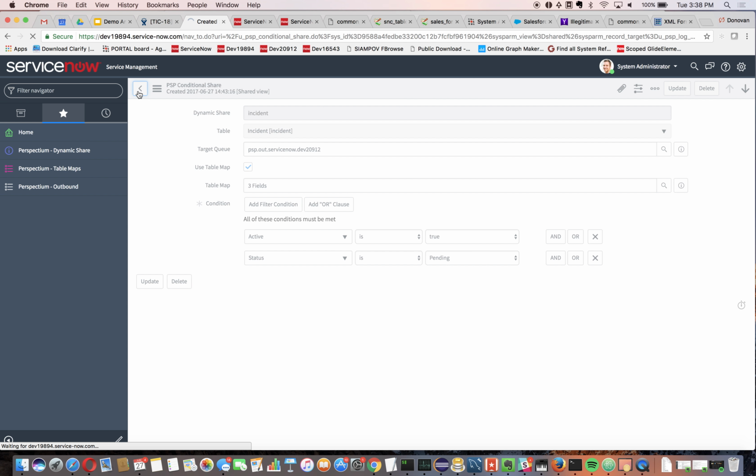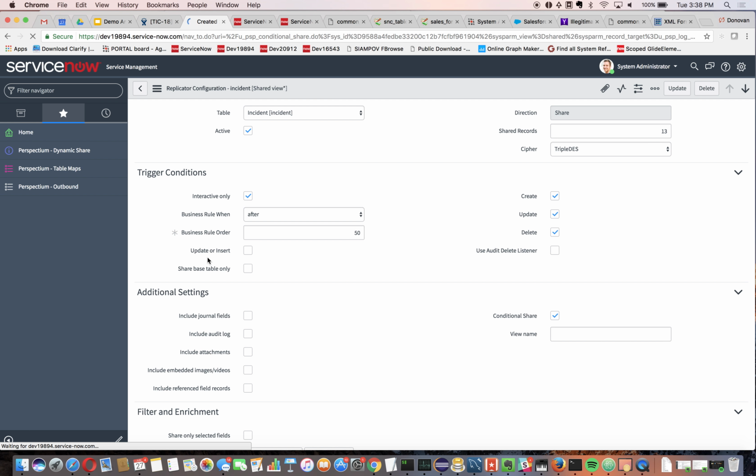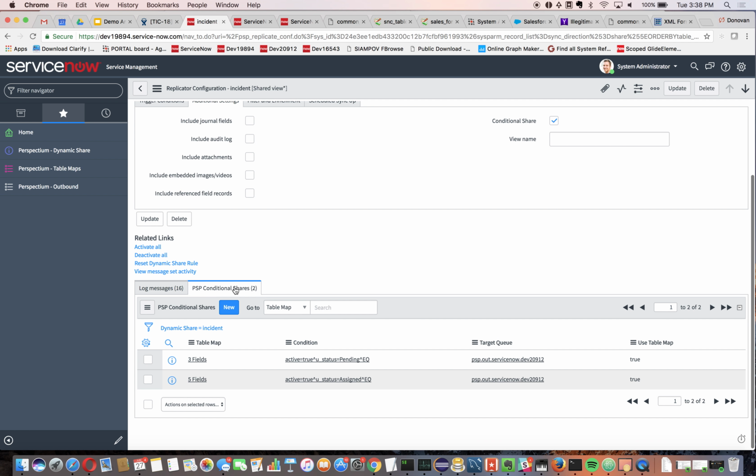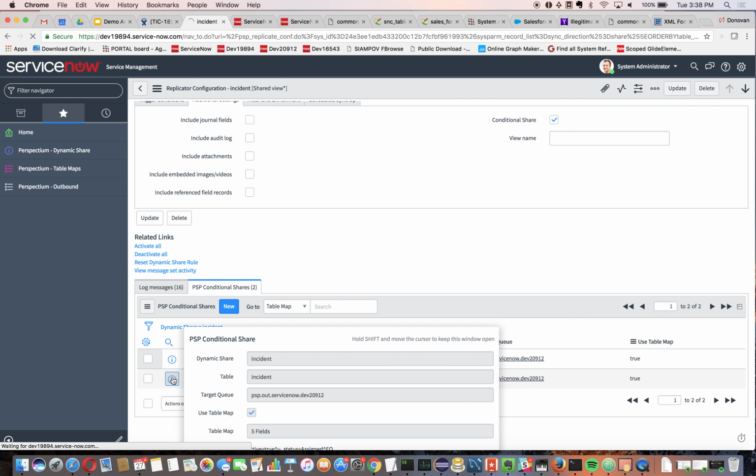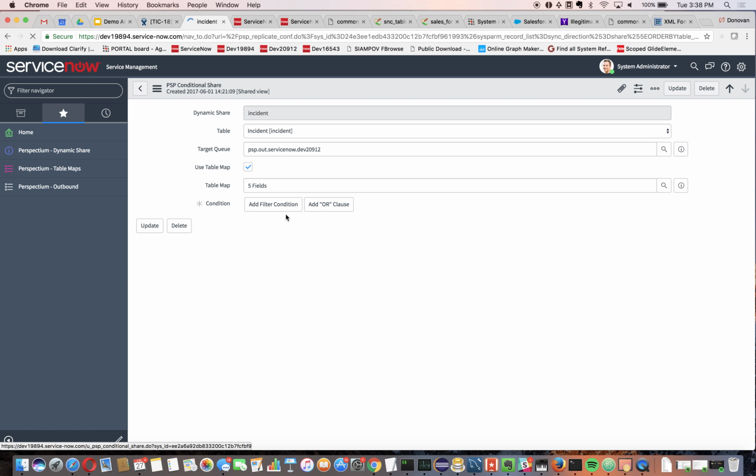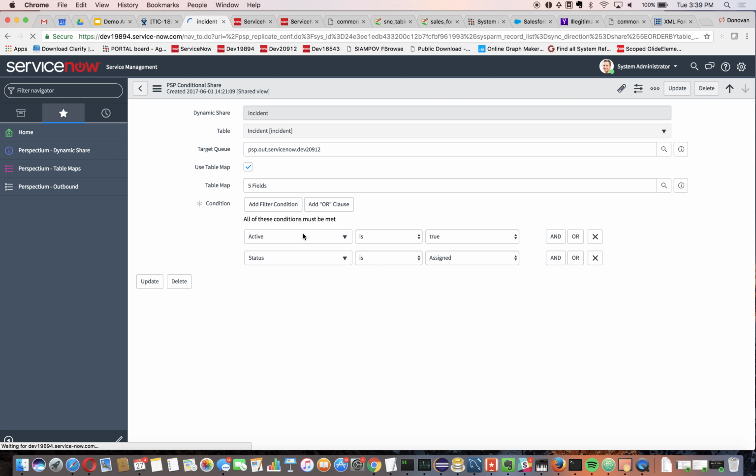For my second conditional share, once this loads, there we go, I'll look at my 5 field conditional share. Same thing, active is true, status is assigned, and I'm going to use my 5 field table map. So I've already selected those 5 fields that I'm going to be sharing out. So what this will look like